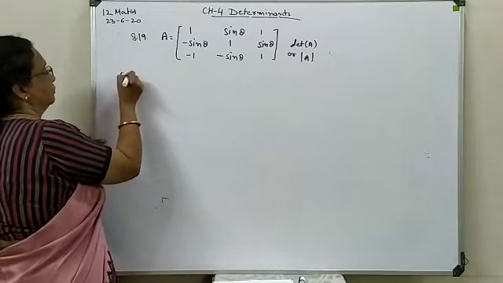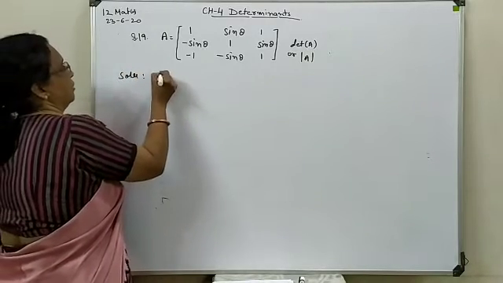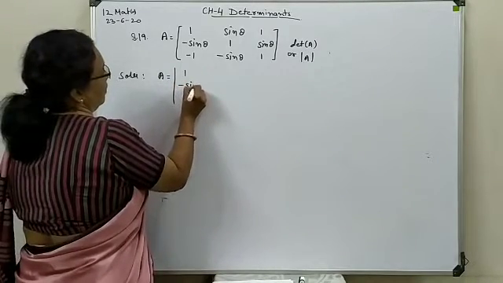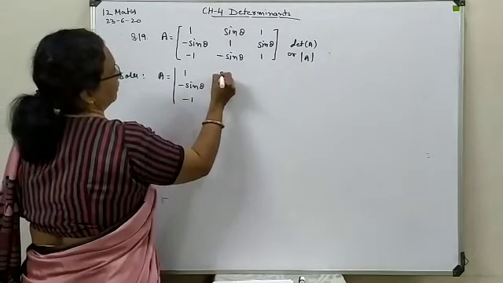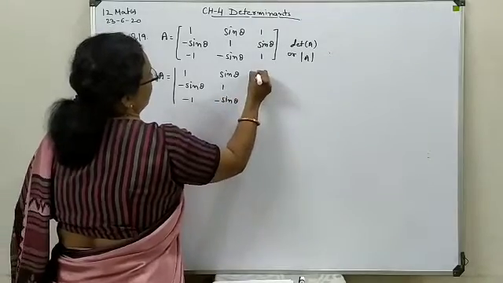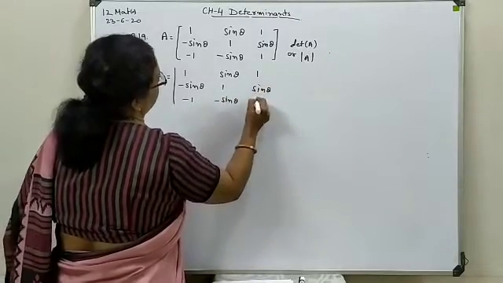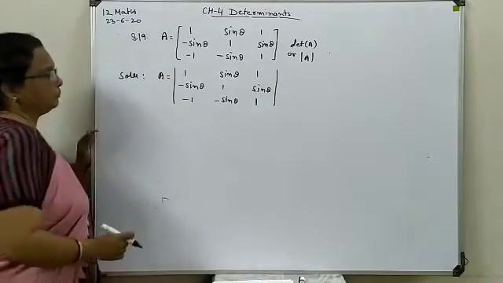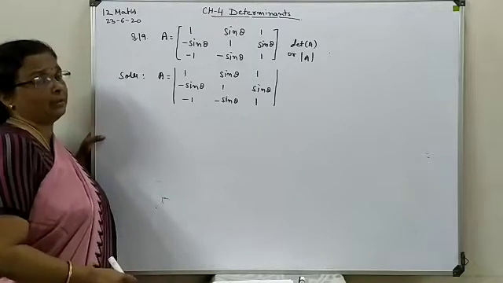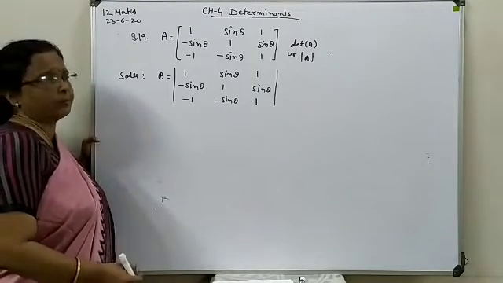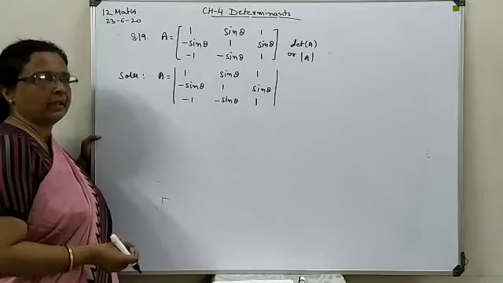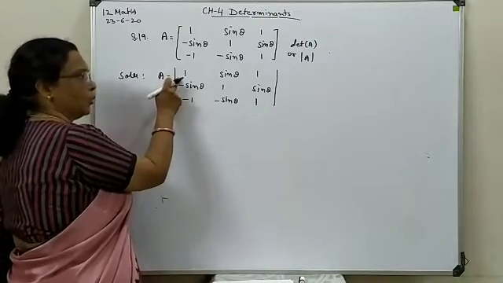So first of all, let's start with the question in the form of the determinant. 1, minus sine of theta, minus 1; sine of theta, 1, minus sine of theta; 1, sine theta and 1. Now here you can see all the terms are available at distinct positions, trigonometrical and 1. If you implement any property, more complexity will develop. So here as such this determinant we will expand with respect to the first row.